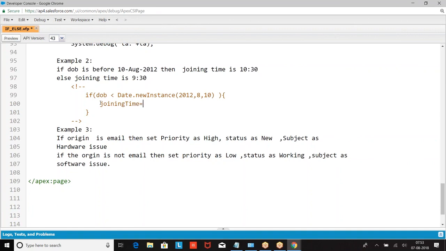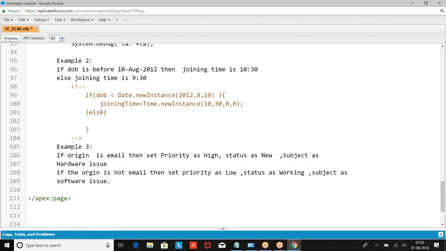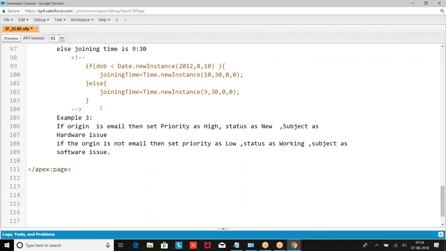Joining time is, what is the time? Time.new instance of 10:30:00. Else, n equal to Time instance, and so on. This is how we have defined it. I hope you are clear.